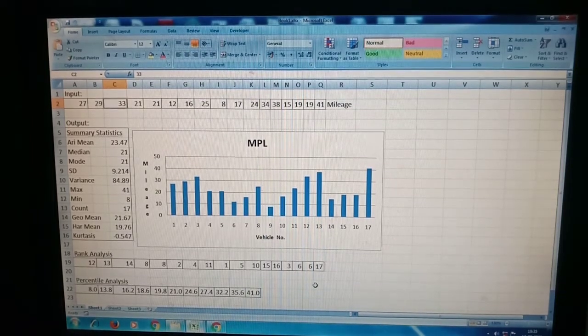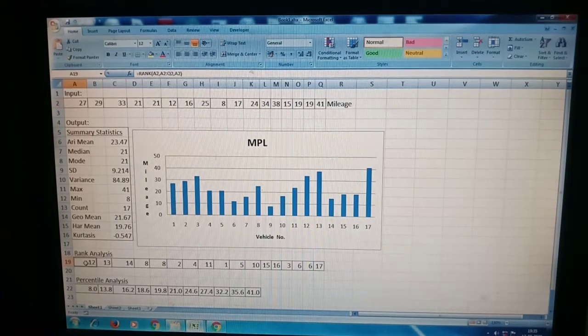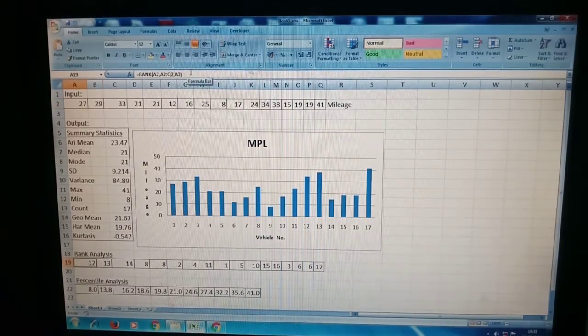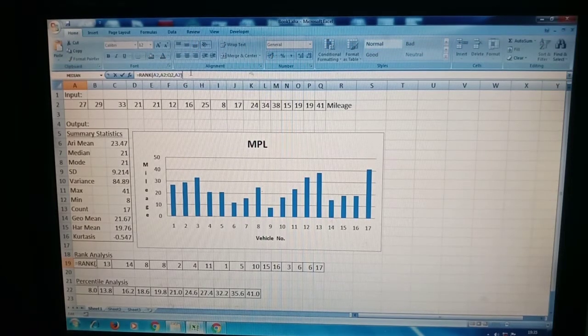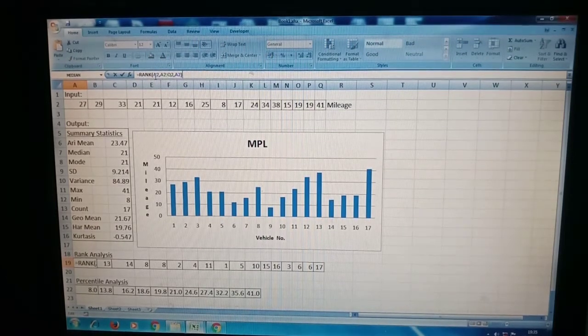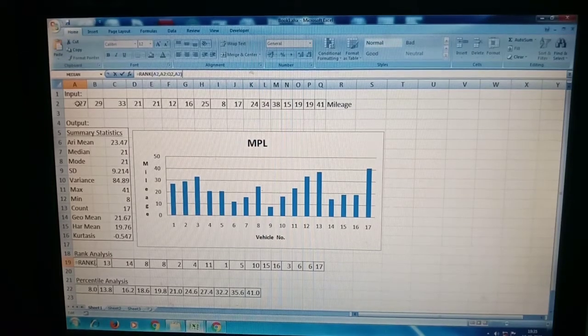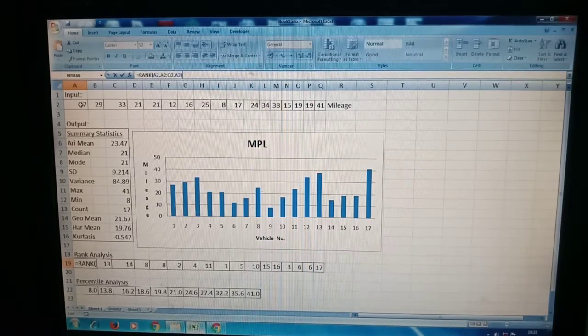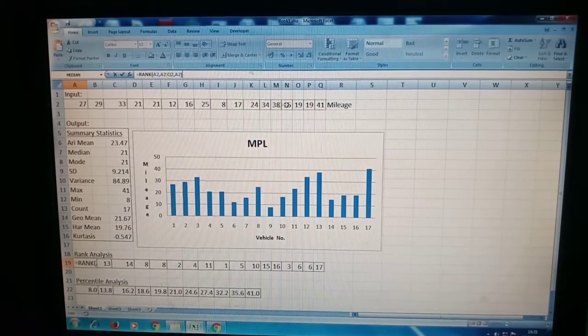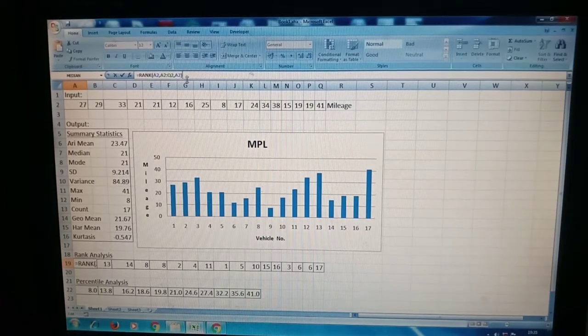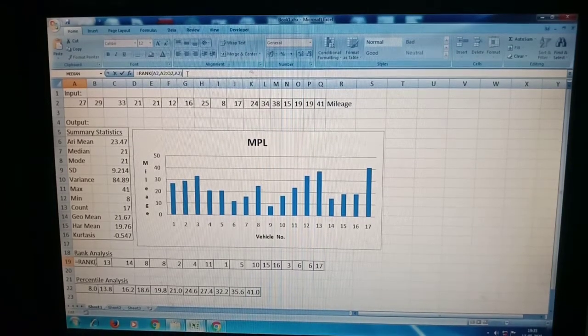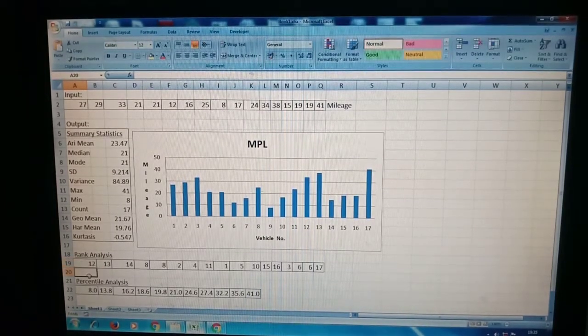For that there is a function called RANK. For example, I am just clicking, you can see this is the function I used. Rank of A2, A2 means the current cell, the first vehicle's rank, out of all 17 vehicles, that is A2 to Q2. The reference value is A2. You are getting here, this is 12th rank.